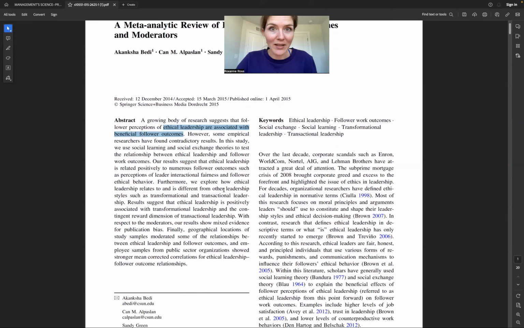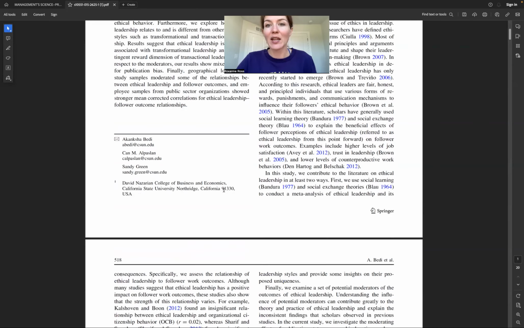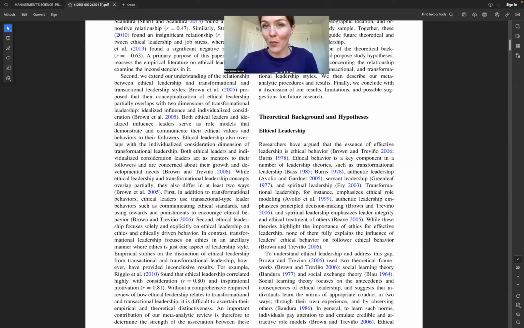We can also tell if we're interested in this meta-analysis by scrolling down and looking to see if at least one of our variables in our research question is thoroughly described in the introduction. If we're looking at ethical leadership and ethical behavior, we want to see at least one of those, if not both of them, pretty well articulated. Here we see ethical leadership has a whole subsection. This is a good sign.